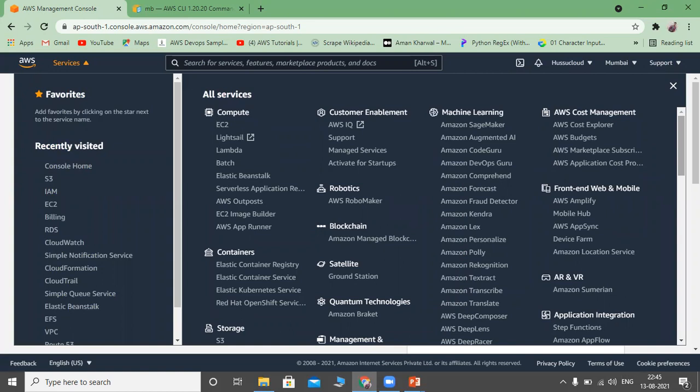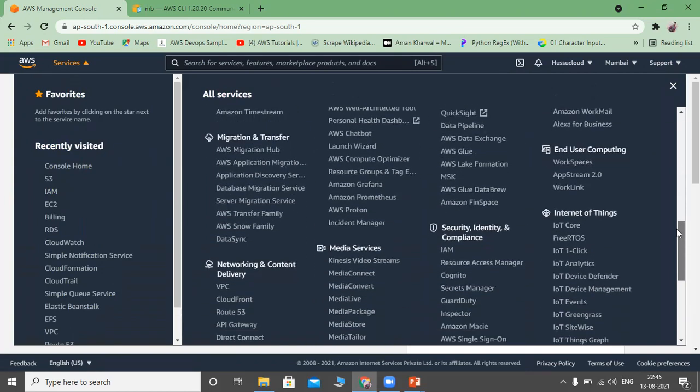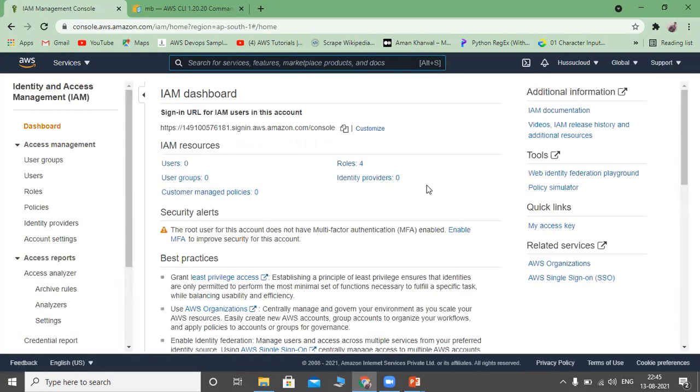That service is available under Security and Identity Compliances. If you scroll down, you can find Security, Identity and Compliances. Under that, you can find the IAM service. Go to the IAM service. By using the IAM service, you can achieve authorization to access particular services of Amazon Cloud. So go to the IAM dashboard. This is what the IAM dashboard looks like, and then go to users